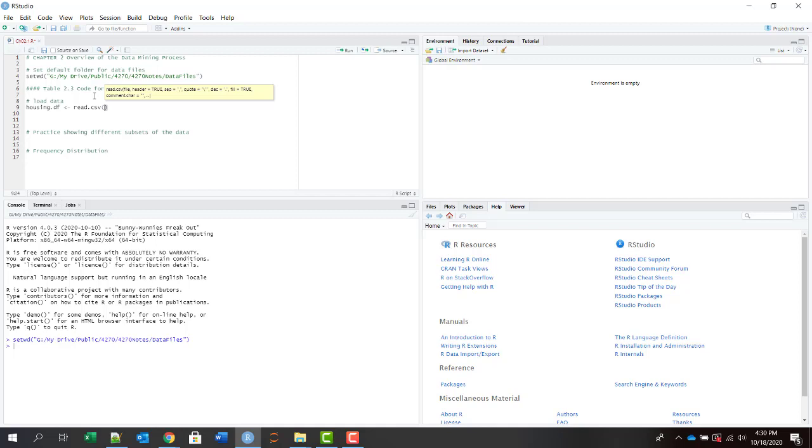Next I have to give the name of the file that I want to load, and since we have already set the working directory folder, we don't have to give the path. You just give the name of the file, and you have to do that within quotation marks. Okay, West Roxbury